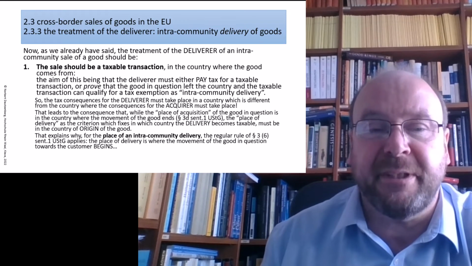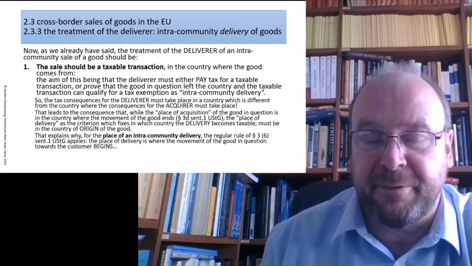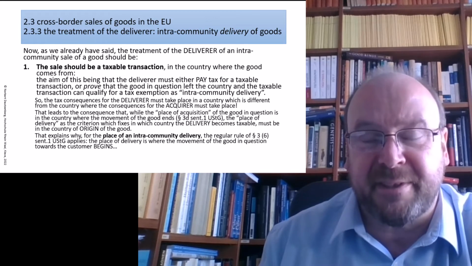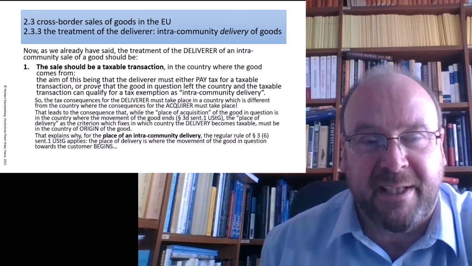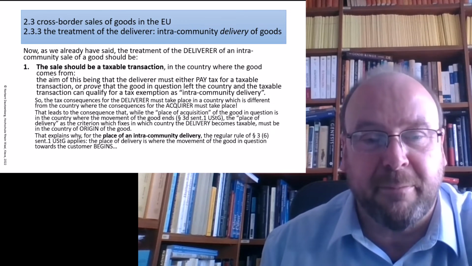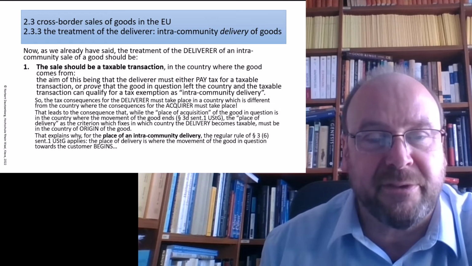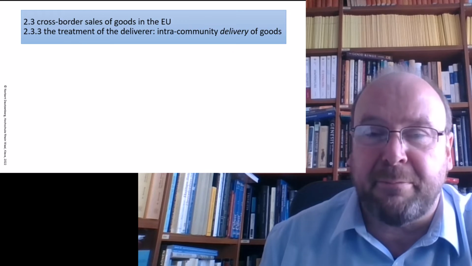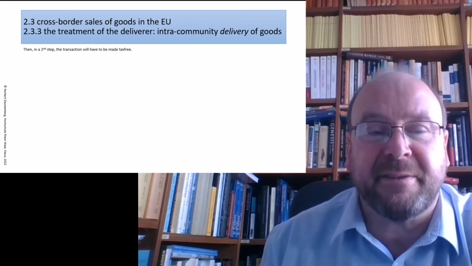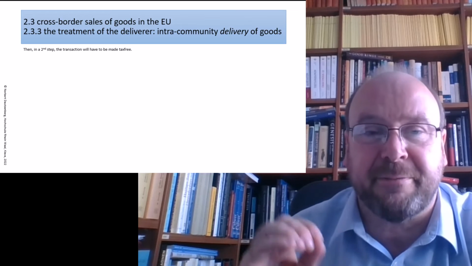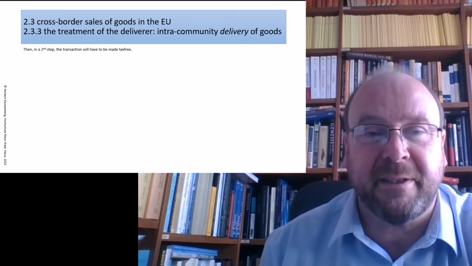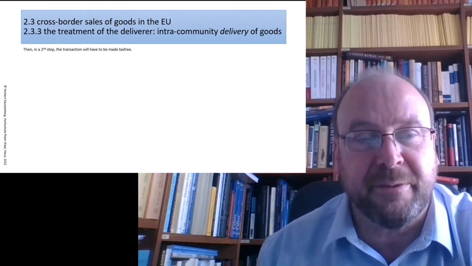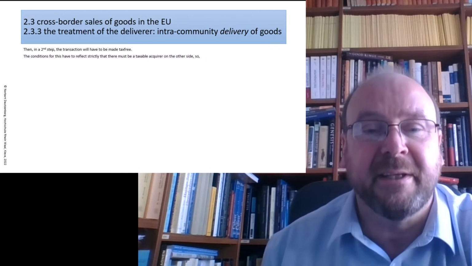Well, so you need a taxable transaction in the first step. So in case of the intra-community deliverer, it must always come out the thing is taxable in the country where the goods come from. 3.1, 3.6, or 3.1a in rare cases, and 3.6. The next step must then be that the transaction will have to be tax-free, because the tax is finally and actually paid by the acquirer and the country where the good goes to. So the deliverer should not have to pay a tax.